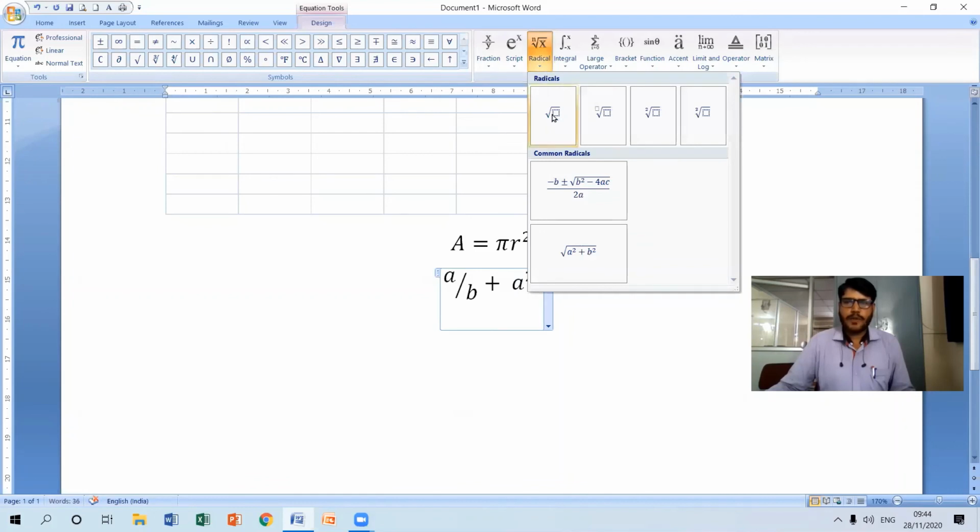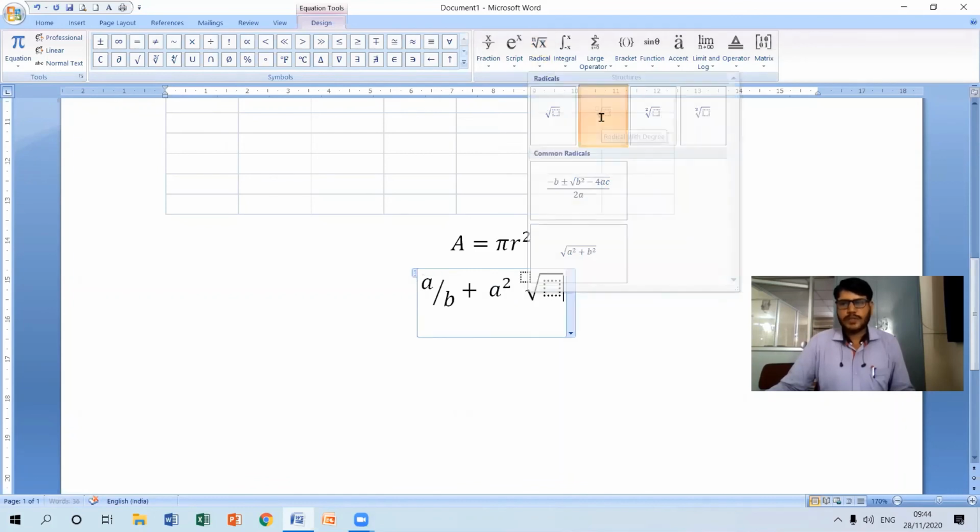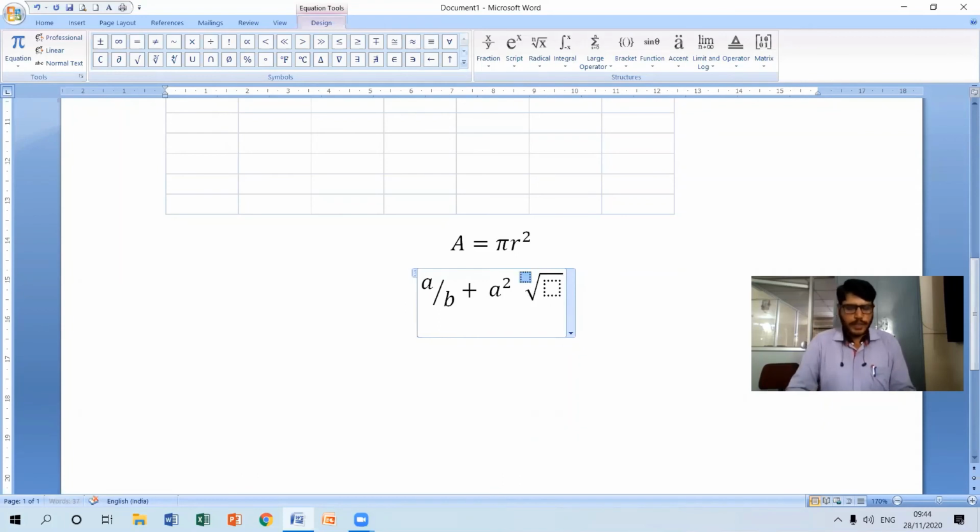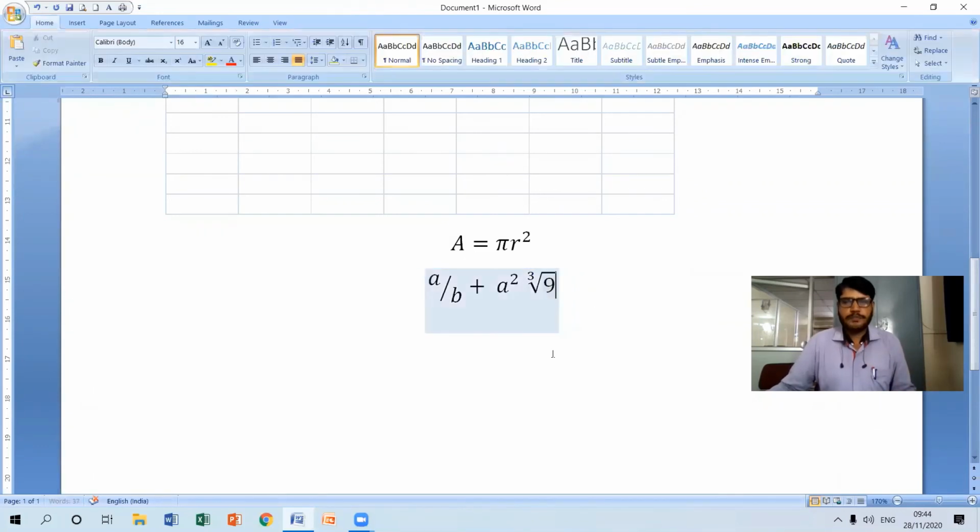We can form our own equations by using this. Now you can see here, this is the cube root of 9. So likewise, we can include our own equation. So this is the procedure to include equations in an MS Word document.